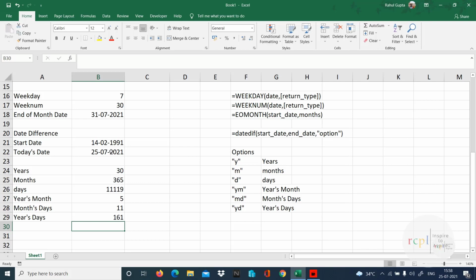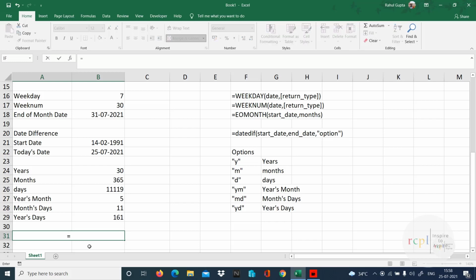So this is how we can get in specific days, months, years, year, month days, and years days. Now if I need to combine the age and write it over here, I can write it like is equal to 30. Ampersand is used for concatenation, so I'll use ampersand within double quotes with a space.